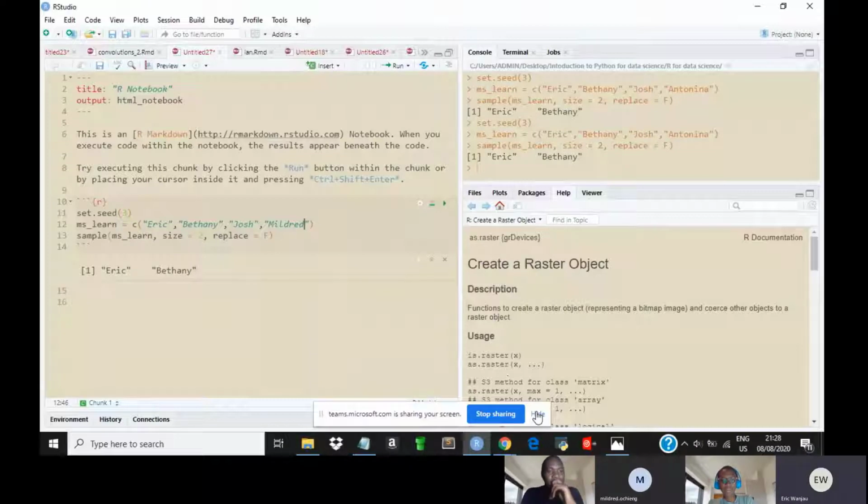Can we use English? Yeah, we can use English. You can use Eric Wanjau or Bethany Jepchumba or Joshua Ndemenge or Mildred Ochieng. Can we use English and a mix of another language, or is it just one language? No, you can use English and a mix of another language. Which language?